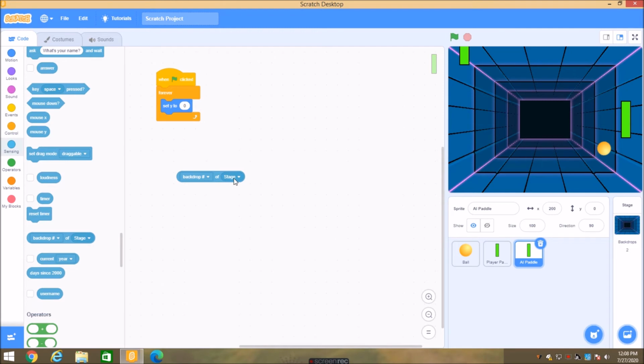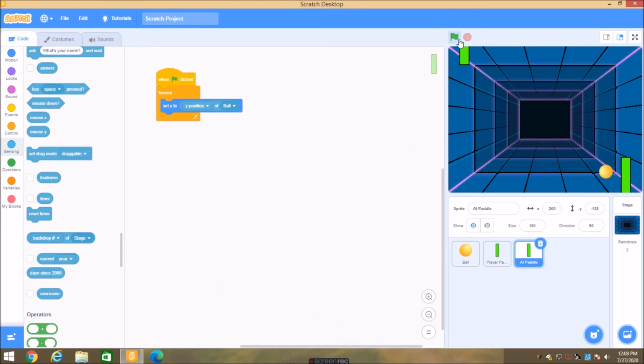Remember to first change it to ball, because if you change it to ball then only the x position, y position are enabled. Otherwise if you select stage, then backdrop name, volume, my variable appears. So remember first to change it to ball, then only your x position and y position will appear. Okay, so now set y to y position of ball, so that wherever the ball goes the AI paddle will automatically go there.